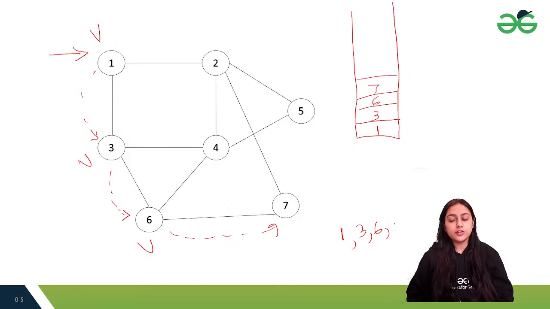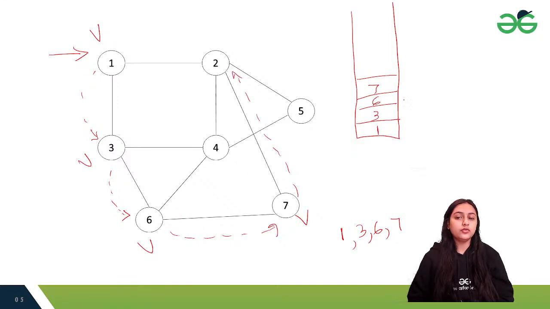ठीक है। 7 को हमने यहाँ प्रिंट किया और 7 पे हमने विजिटेड मार्क कर दिया। नाउ 7 के पास क्या ऑप्शन है, 7 के पास ऑप्शन है 2 का और 6 का, बस। तो 6 तो ऑलरेडी विजिटेड है, तो व्हाट आई एम गोइंग टू डू इज आई एम गोइंग टू गो ऑन 2। हम यहाँ से 2 पे जाएंगे, 2 को हमने पुश किया अगेन, 2 को प्रिंट किया और 2 को विजिटेड मार्क किया।